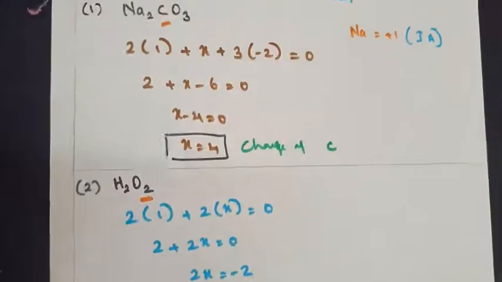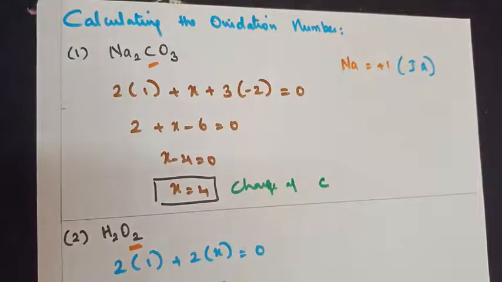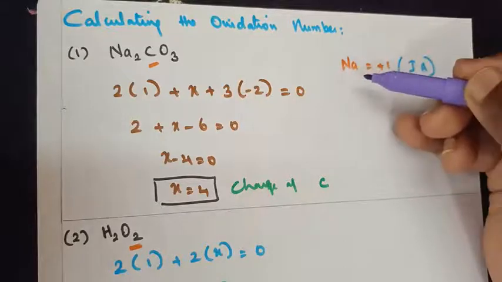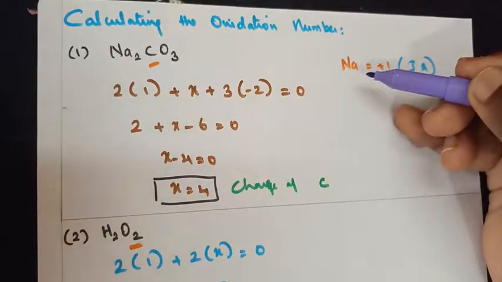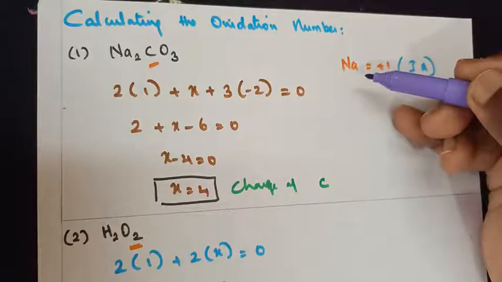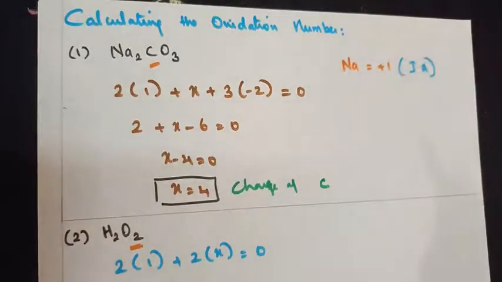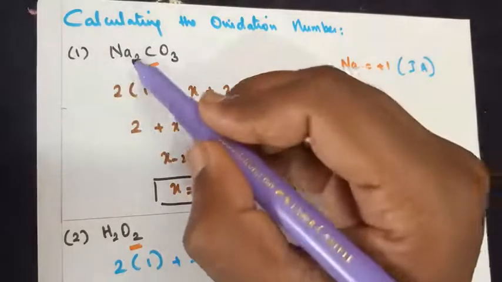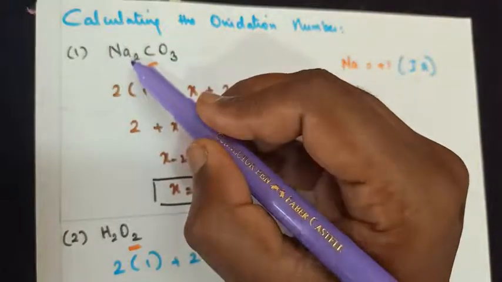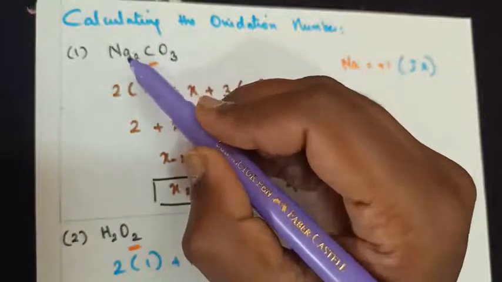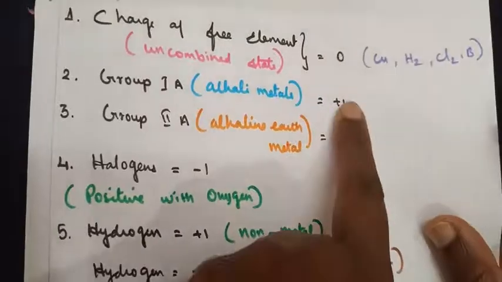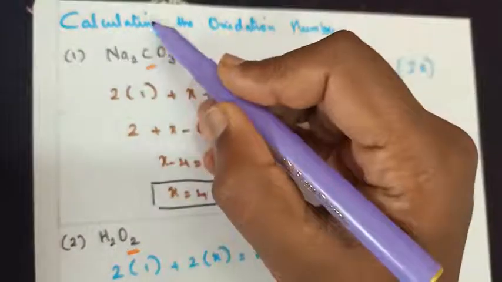Now let's directly work with the numericals on it. As I told you earlier, it is a very easy concept. This particular concept or principle you will be utilizing under coordination chemistry, and different theories are based on it. So please learn it thoroughly. I have taken an example of Na2CO3. Now as I told you, Na belongs to group 1A. So the charge of group 1A elements, we have seen, is always +1. So you needn't calculate for it.